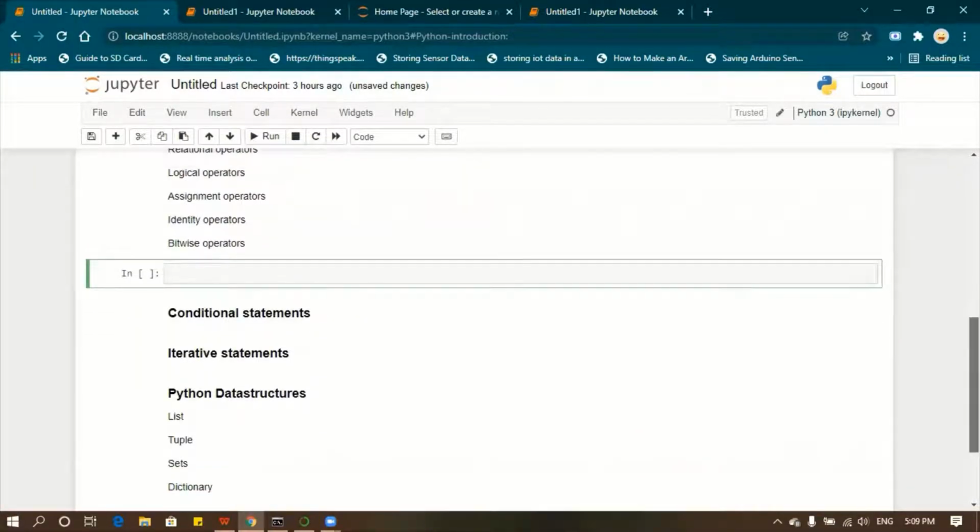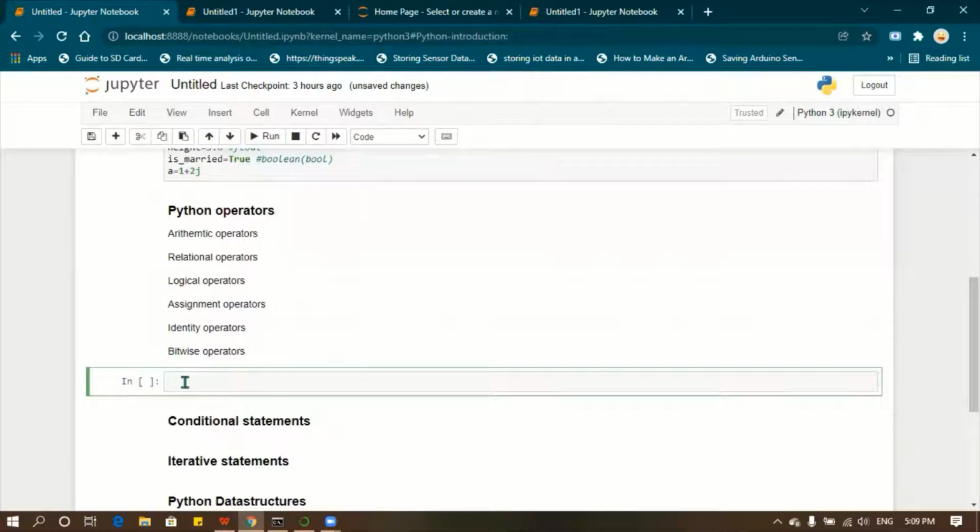So, arithmetic operators. What are all the arithmetic operators? Can you tell me? Plus, minus, like 2 plus 3. So we have plus, minus. For multiplication in programming, we use the star symbol.